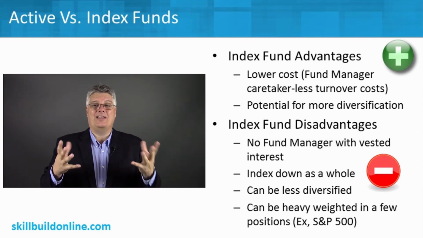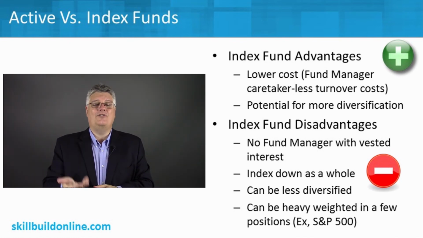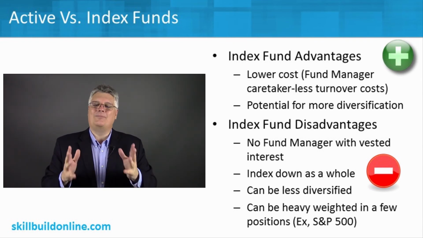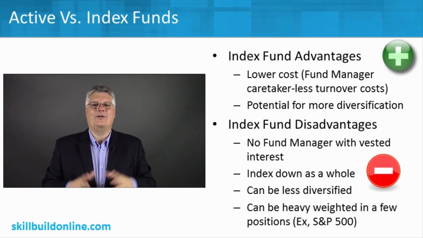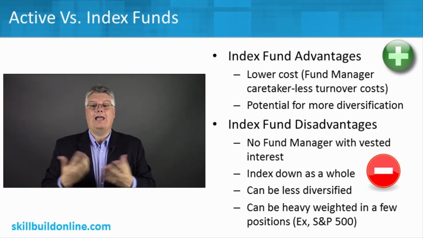ExxonMobil dominates it because it's such a big company. That 20% is ExxonMobil. So if you're looking to play more in that alternative energy space, for example, wind farms and solar energy and all that, really what you're buying when you buy an energy index is a lot of ExxonMobil, a big oil company. So something to look at when you look at your indexes. Think about what they're trying to accomplish style-wise, but then look at the holdings too, to see if that's what you want to have within your fund.